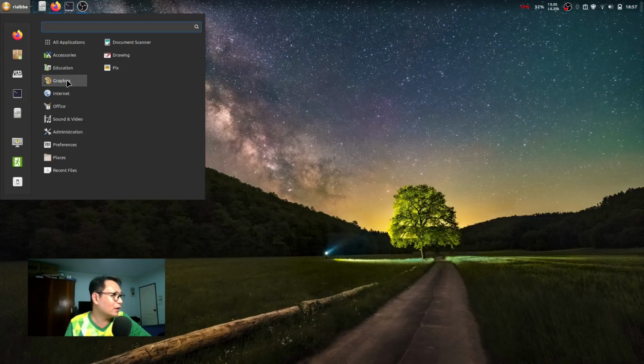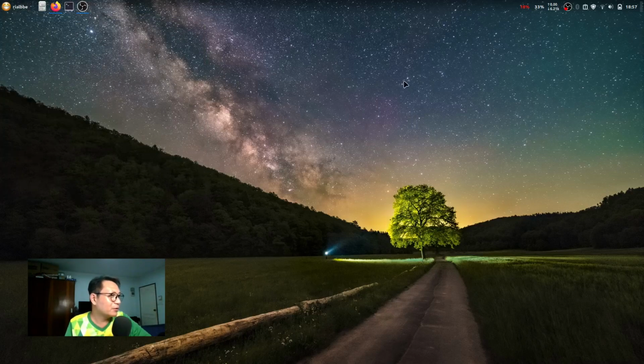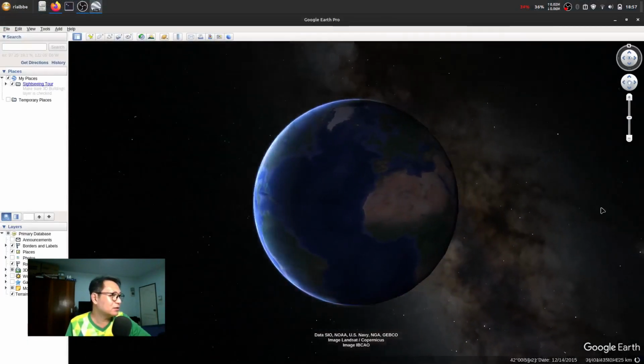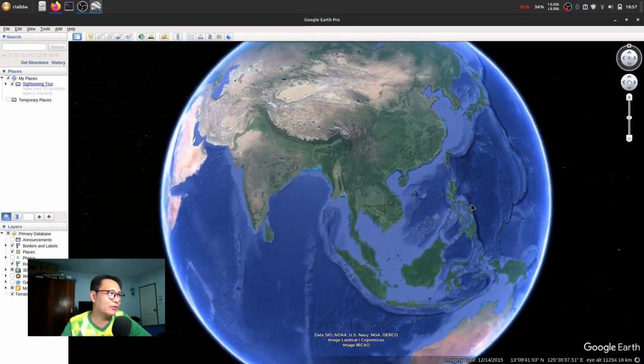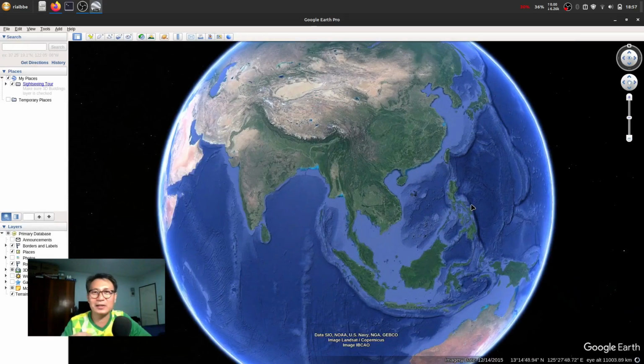Now for the graphics, we only have this scanner, drawing, and the pics, which is the viewer. So you also have the internet, which is, we have the default Firefox web browser. I downloaded Google Earth, which later on we'll see how to download Google Earth right here in Linux, because actually Google